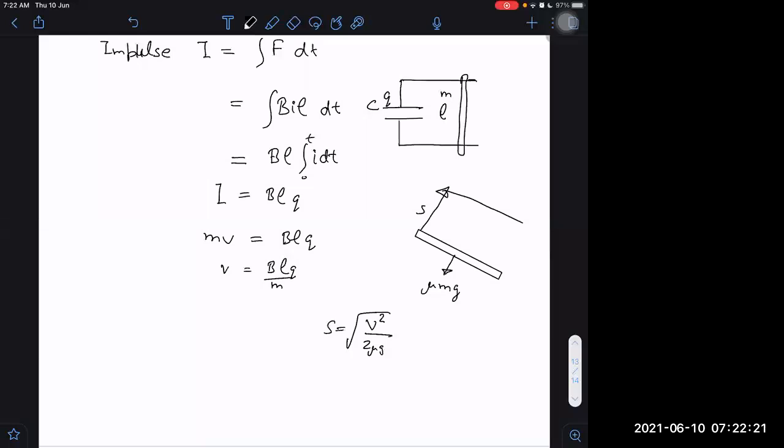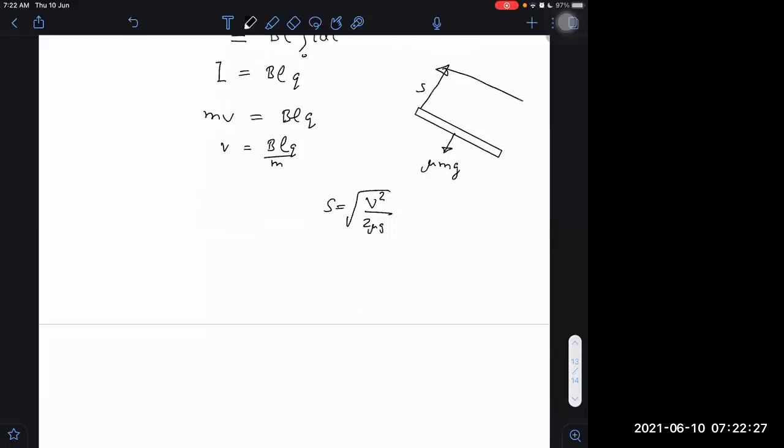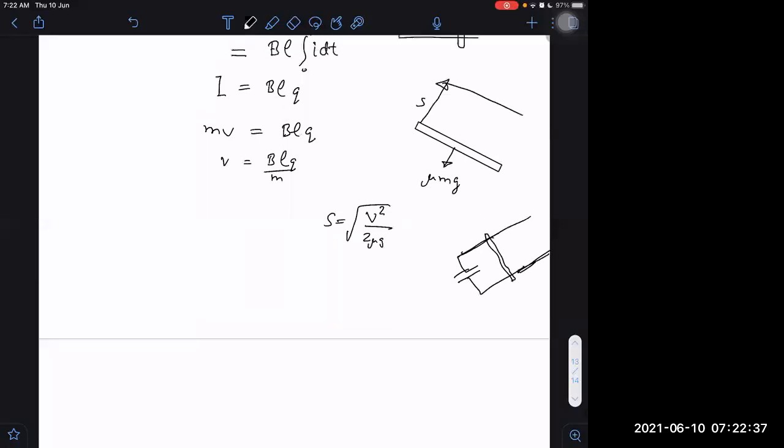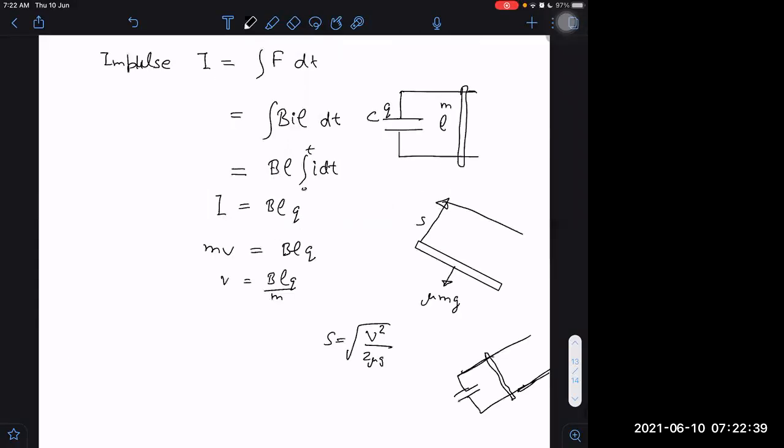Okay. So it can have variations. Some modifications can be there. For example, I can give the same situation, but on an inclined plane, and I may ask you what height it gains. It also depends on how I am keeping B. B should be known to us.